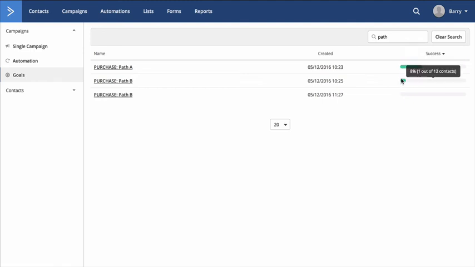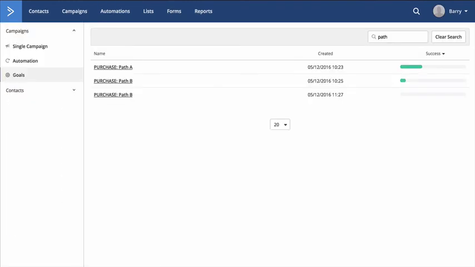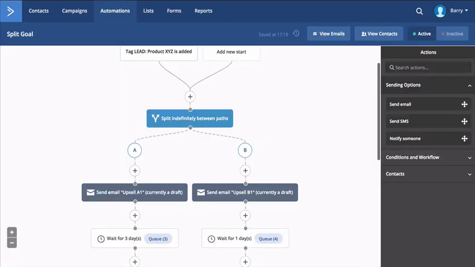So that's just telling me that A is converting better. So you can either check it on the reports goals section, or you can check it straight on the automation section itself. So that's how you'd run a split test with some goals. The other kind of split test you can run, as we saw, was,